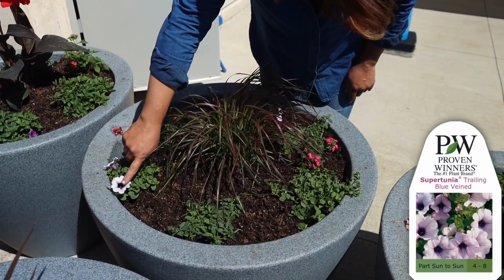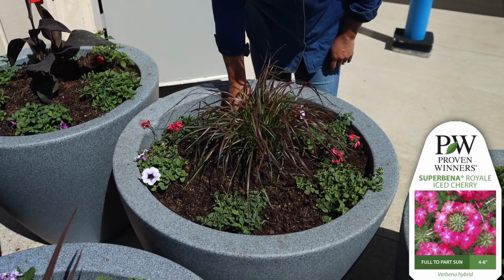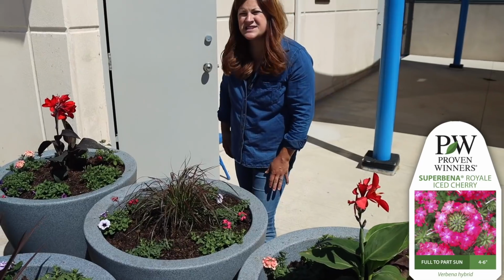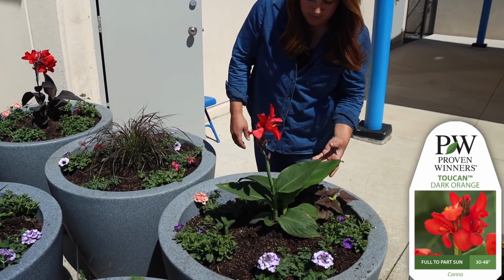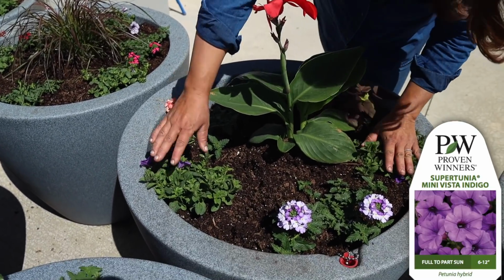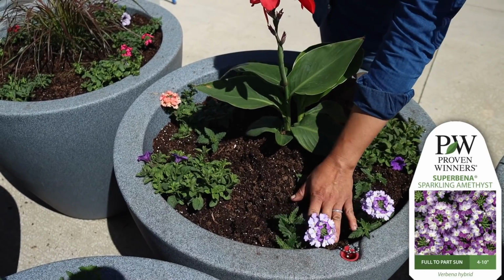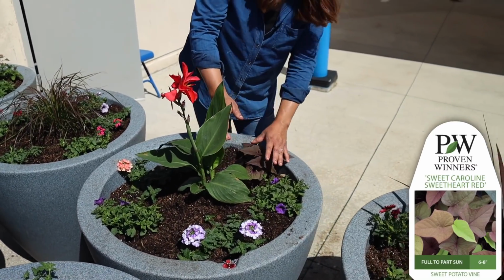There's 3 of those, kind of silvery with the purple center. This is a Superbena called Iced Cherry. That sounds right. Toucan Orange right here, Canna. So this one has green leaves with the bright bloom. There's Supertunia Mini Vista Indigo. There's a Superbena Sparkling Amethyst, Peachy Keen, and then another one of our Raven